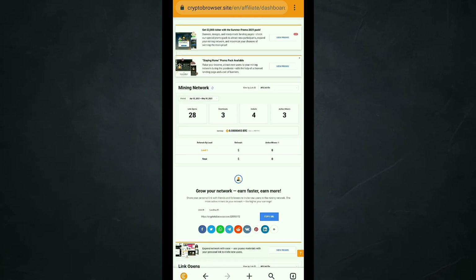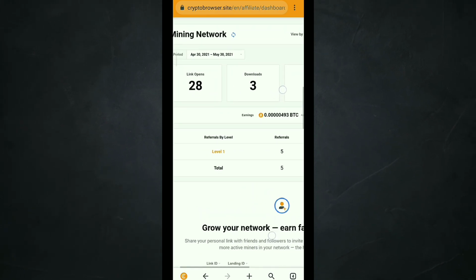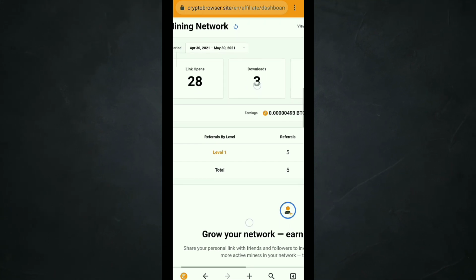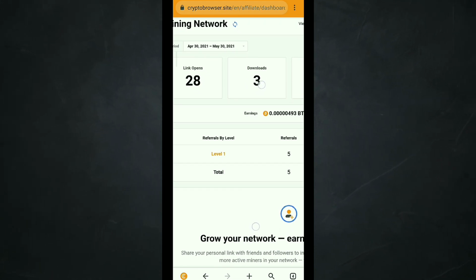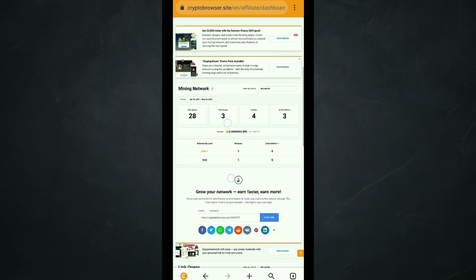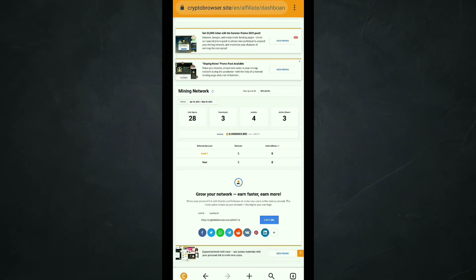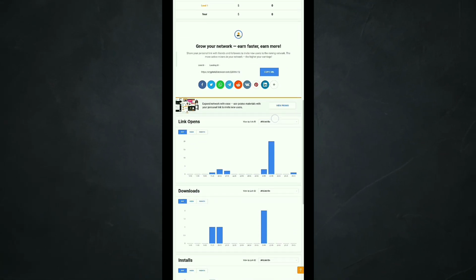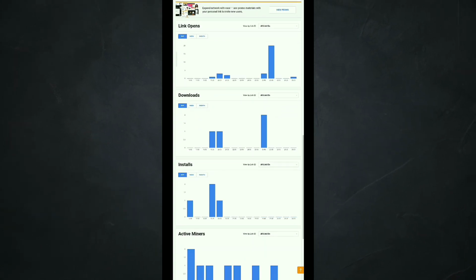My referral link was opened by 28 members, downloaded by 3, installed by 4, actively mining 3. I am in level first. I will explain later what these levels are. Also, you can analyze by simple graphs.